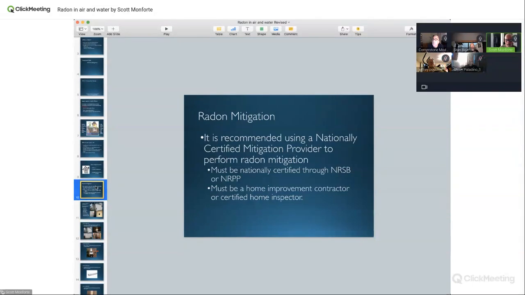But they want us in Connecticut to be certified with the NEHA, National Environmental Health, or the National Radon Safety Board. I used to be NEHA, now I'm National Radon Safety Board, not NRPP anymore. And they want us to be a contractor as well and maintain those certificates in order to get listed on the website. So most of the guys that take this course have gone through the training. Do I see stuff out there they're not doing right? Absolutely, and we're going to talk about it. These guys are certified, so they should know better.